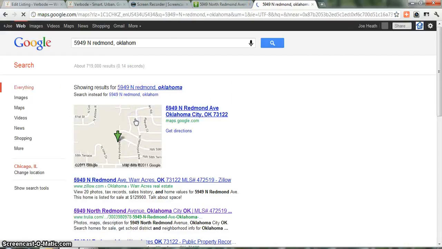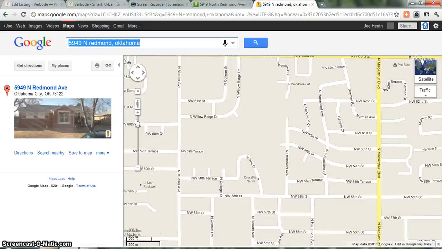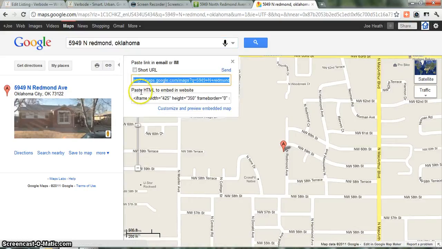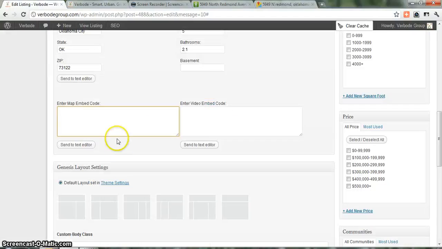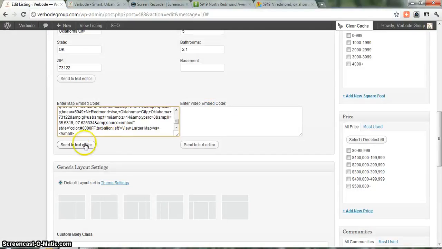For time's sake, I'll just show you how to do the Google map code. To get the Google map code, I don't know if you guys know this or not, type in the address into Google, bring up the map, then click this little link button that you see right here, grab the secondary code, and if we paste that in there, excuse me,